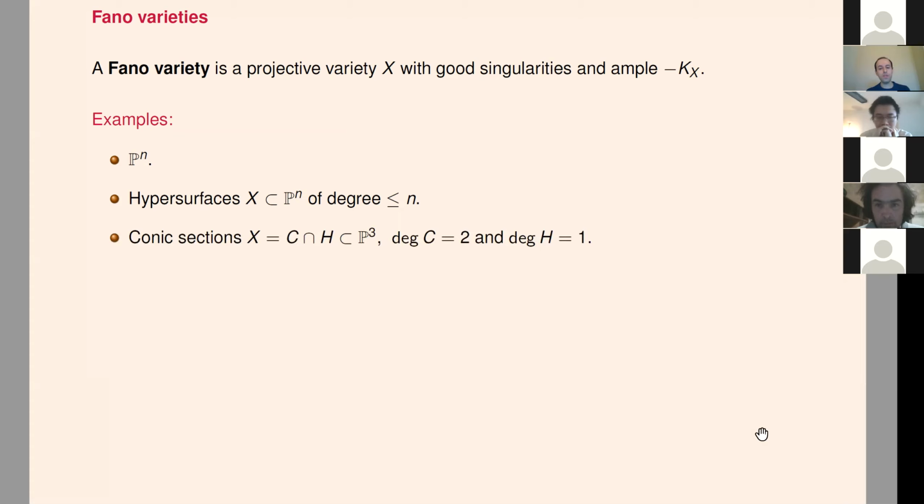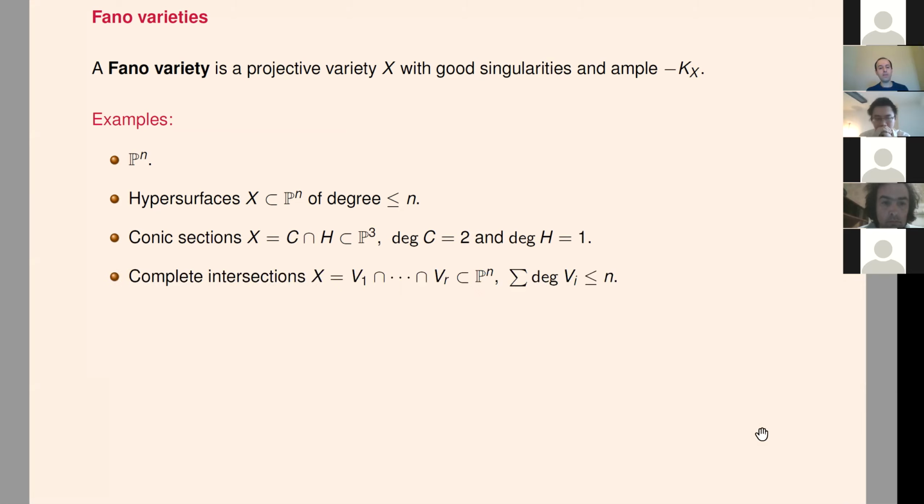Now, inside P3, if we take a conic, something of degree 2, and intersect it with something of degree 1, assuming that the intersection is nice, then we get, again, a Fano variety. Obviously, these are just degree 2 hypersurfaces inside P2. But I wrote it in this way to emphasize that in the previous lecture, we looked at conic sections: if you have a cone and intersect it with a plane, then you get conic sections like circles and ellipses and so on. So this will give you Fano varieties.